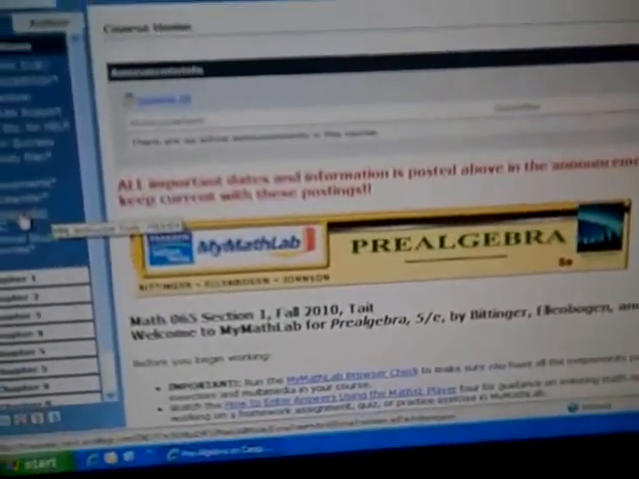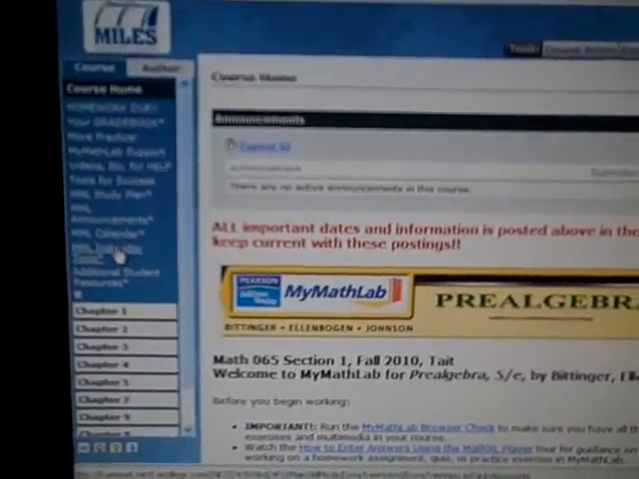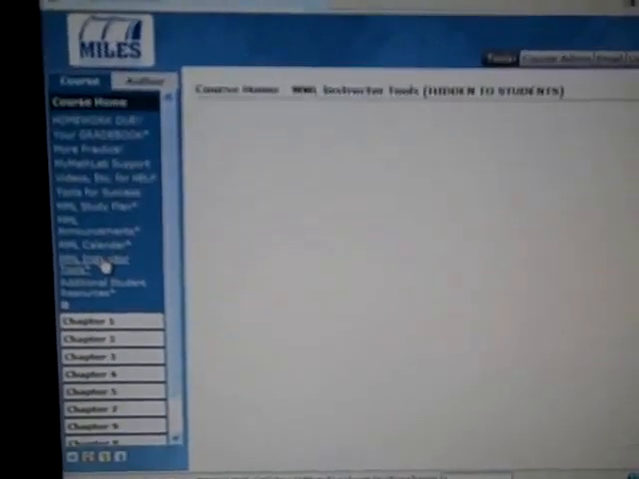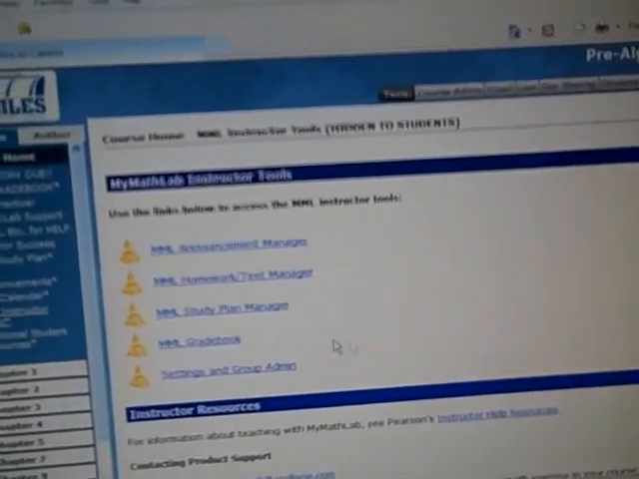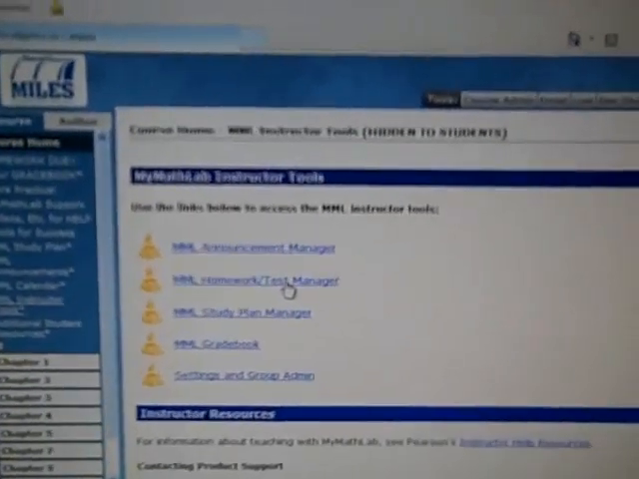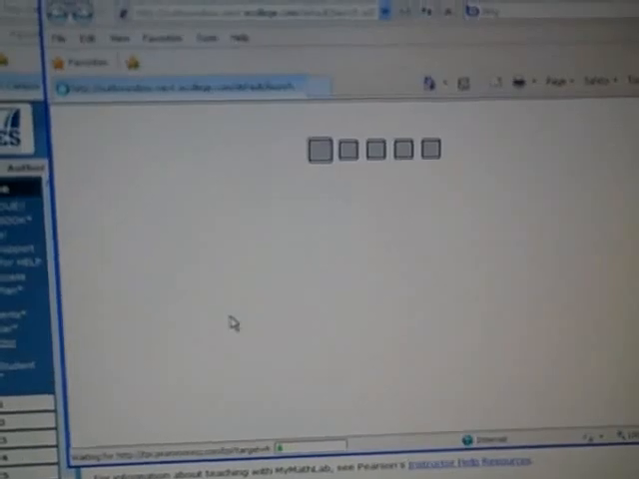Third thing I need to show you, let's go back to course mode. Probably the most important key for you on here is this MML instructor tools. It's second from the bottom here before we get to the chapters. And one of the main things you'll be using is this homework and test manager. When you click on the homework and test manager,